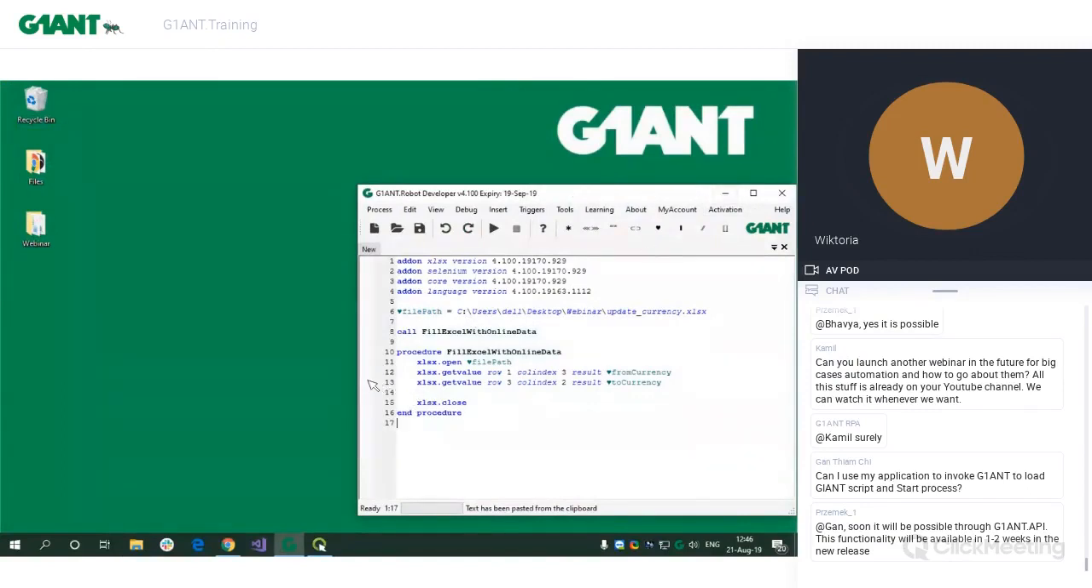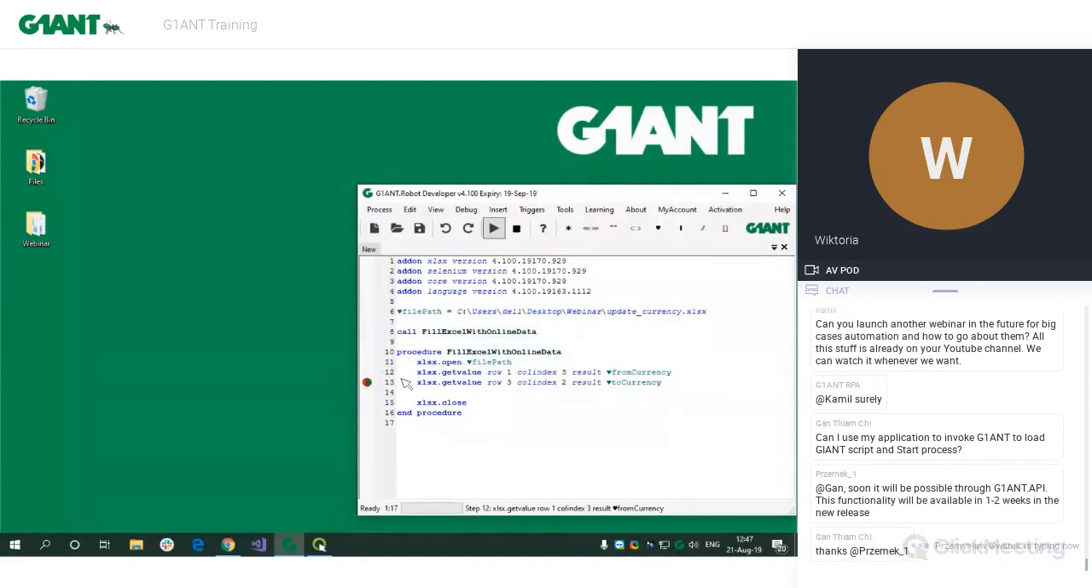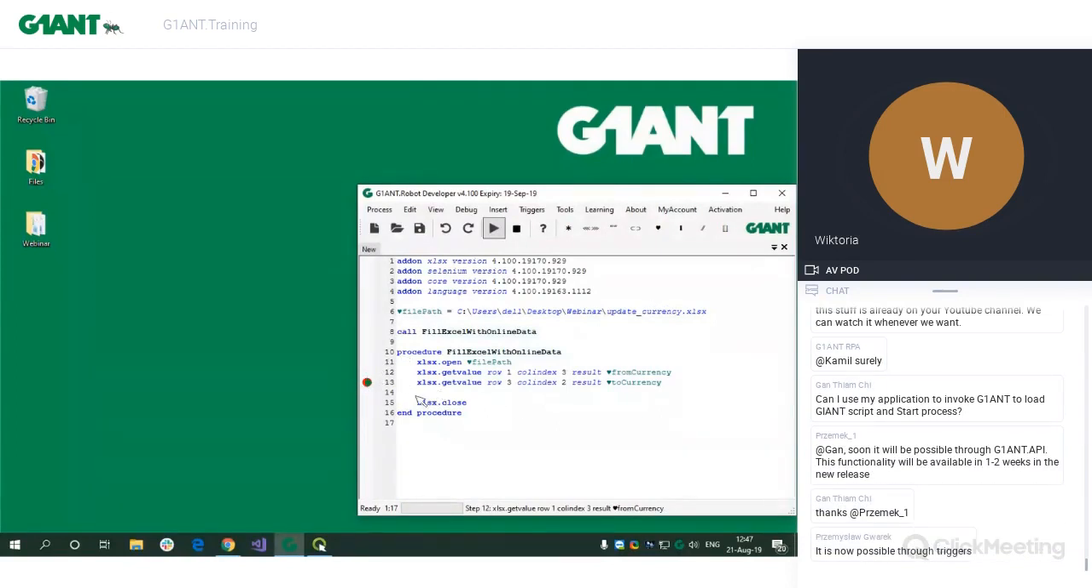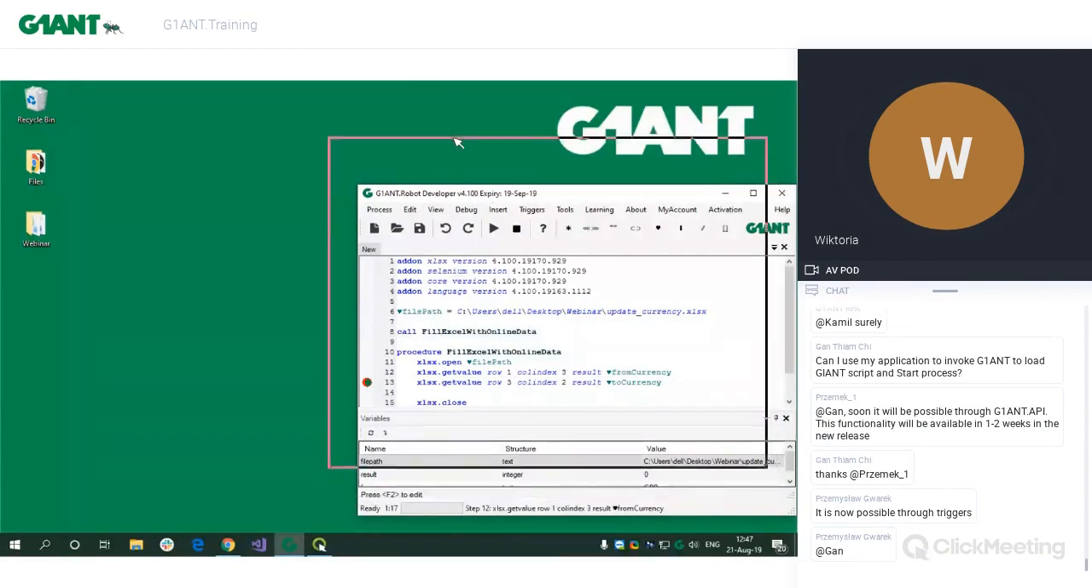Yeah, so you can click here. And as you can see, the red dot is present. Let's see what happens if you run the script. Yeah, the script stopped before it executed this line. So let's click View Variables, and